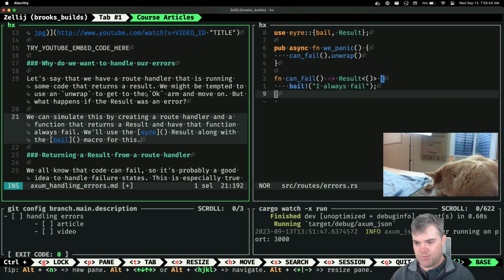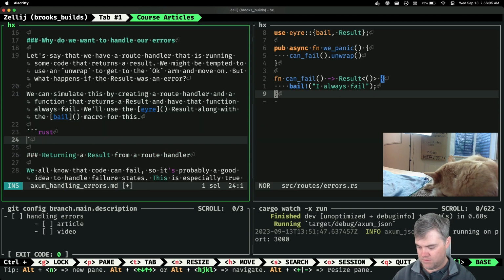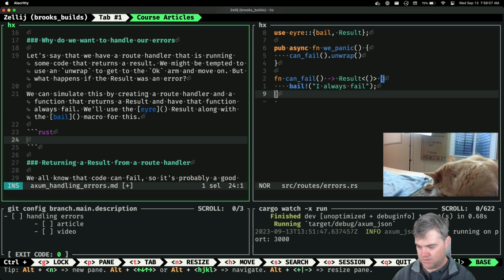Okay, we can simulate this by creating a route handler and a function that returns a result, and have that function always fail. We'll use the error result along with the fail macro for this. And this is what this looks like.